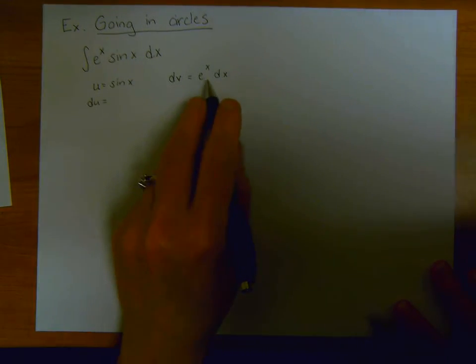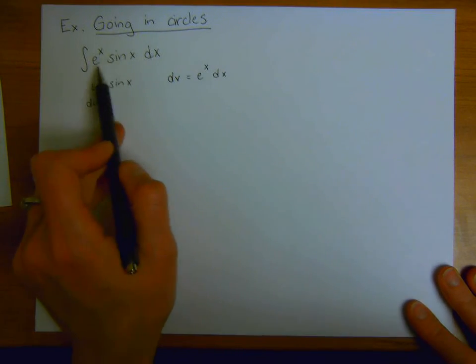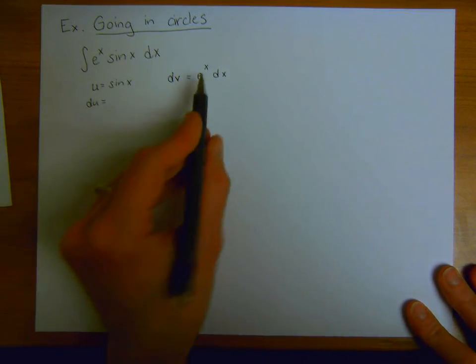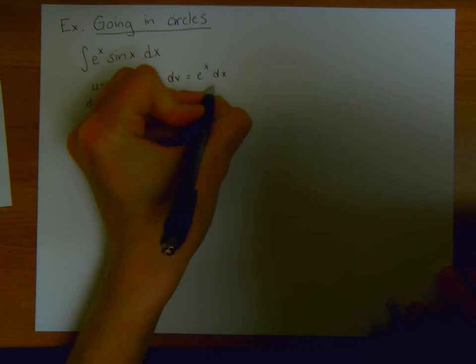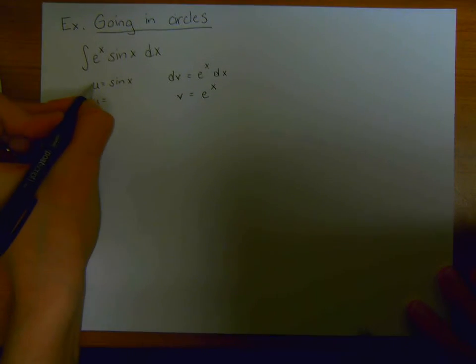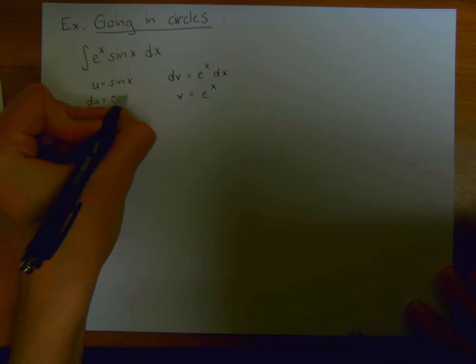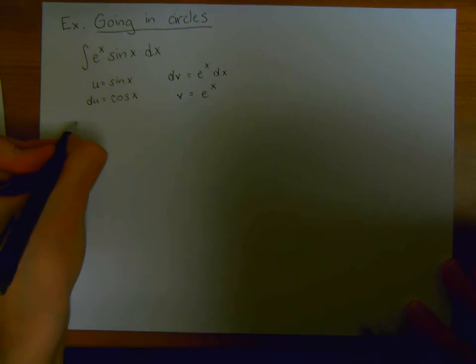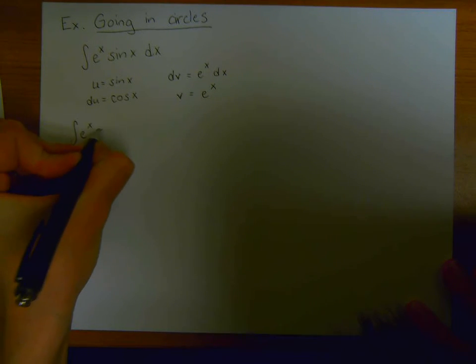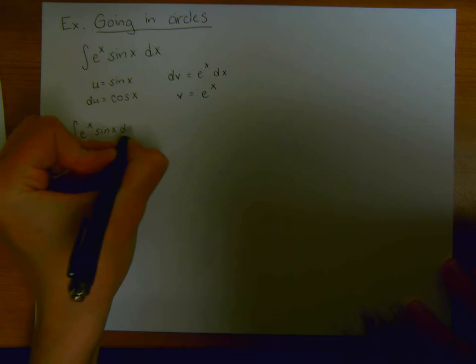Why did I do that? This isn't actually an example where you could have chosen it to go either way. I just like having e to the x as the dv because then my antiderivative is really easy. The derivative of sine of x is also easy. It's the cosine of x. So now I know that this integral, the integral of e to the x sine of x dx, is going